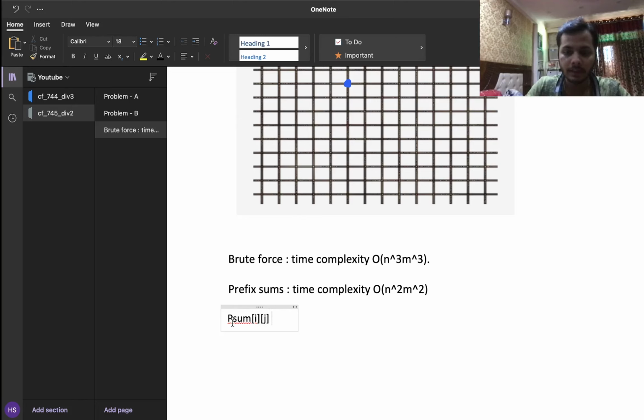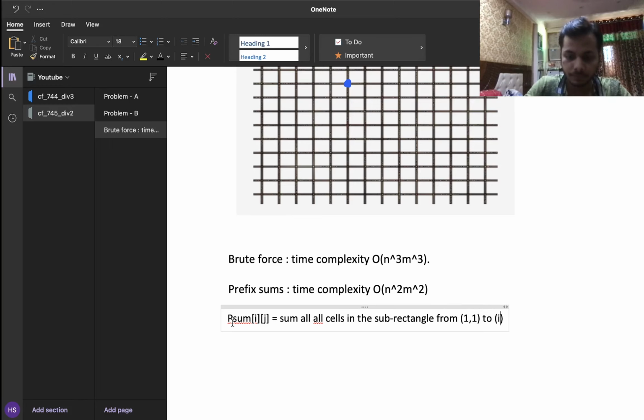Prefix sum i j will be the sum of all cells in the sub rectangle from 1 comma 1 to i comma j, right? So if I have such a value with me, that is the sum of all the values,